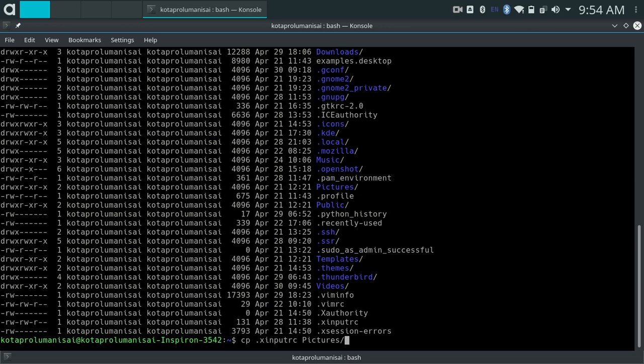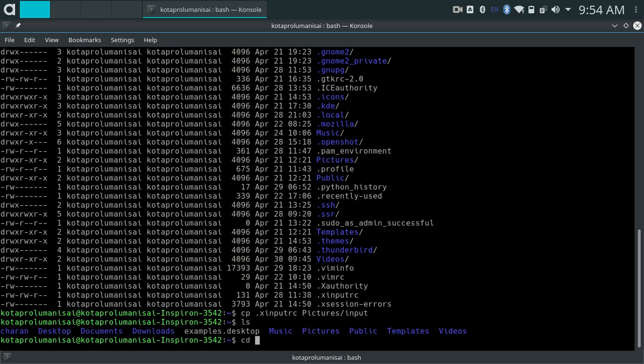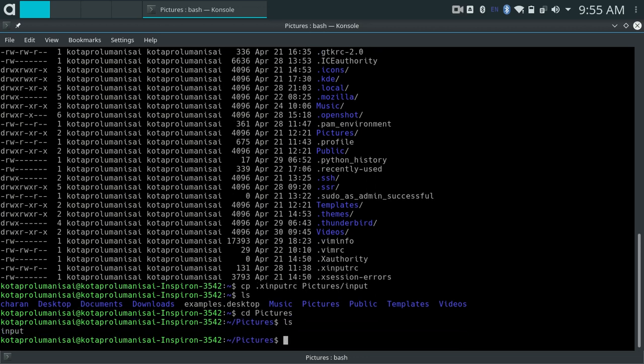I am giving another name, input. If I press enter, the file is copied. Let's see. We will go to Pictures, and if we press ls, we can see that there is a file named input.